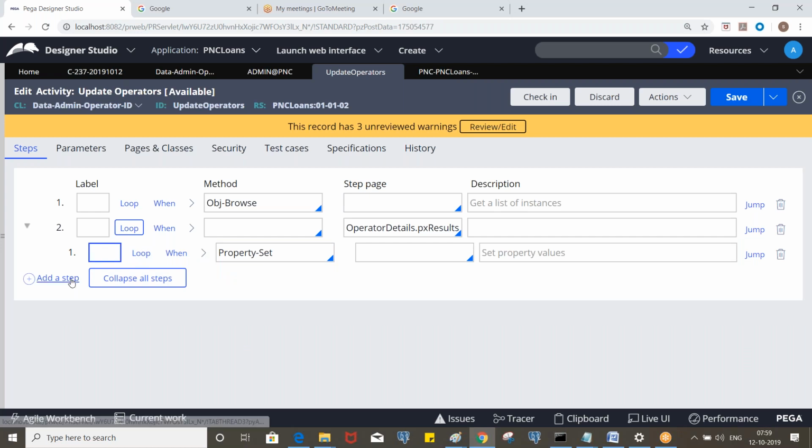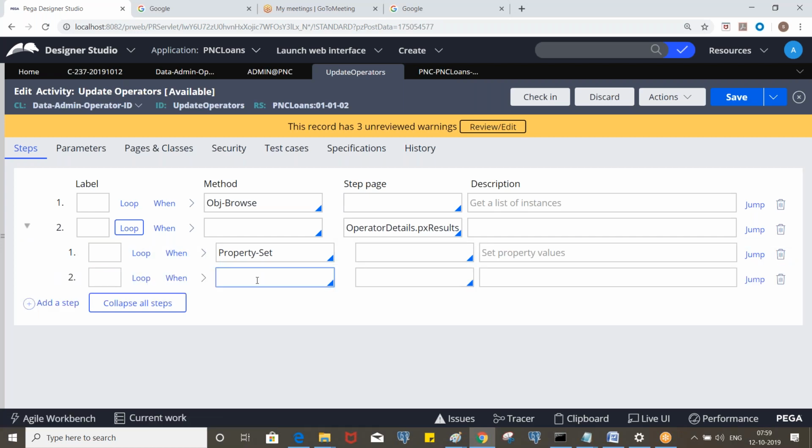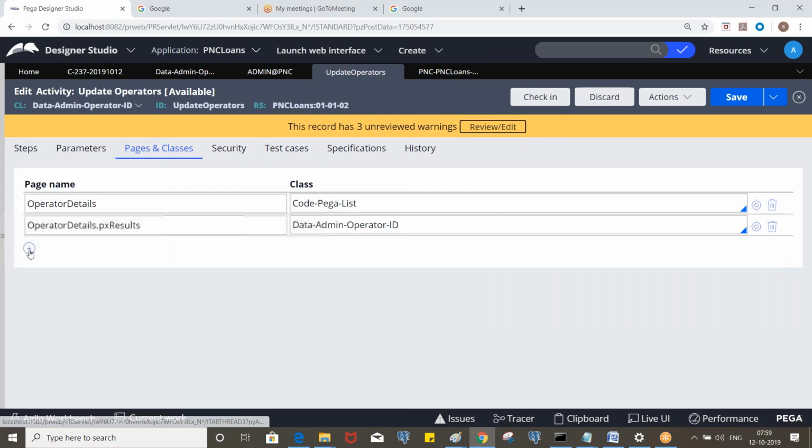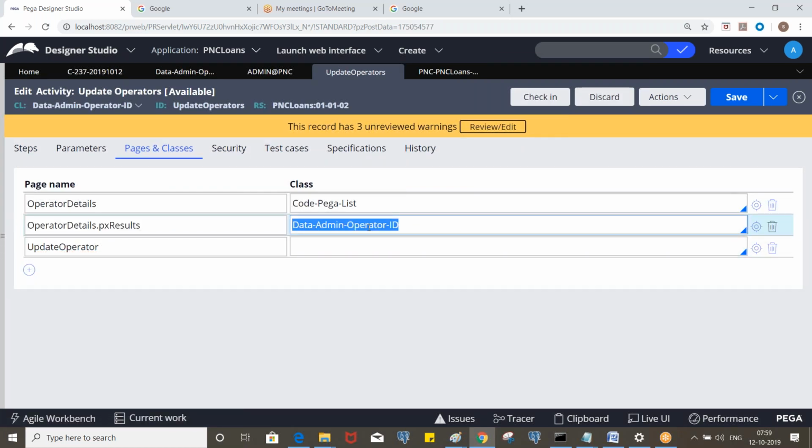Now what we do here is we'll create a separate page, let's say update operator. Take this, and this class will also be the same, data admin operator, right? Clear this point?